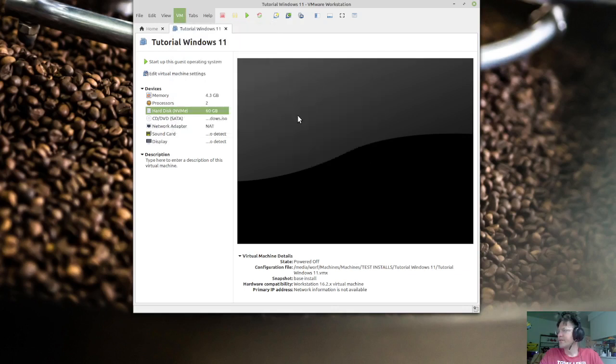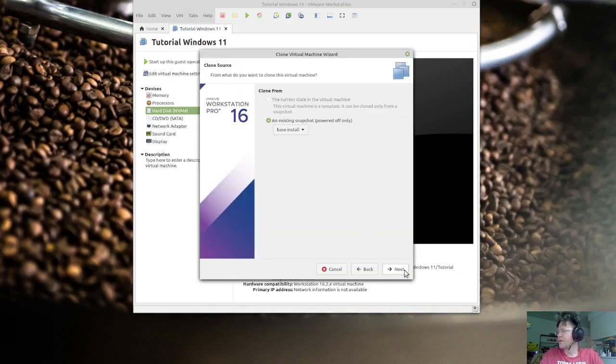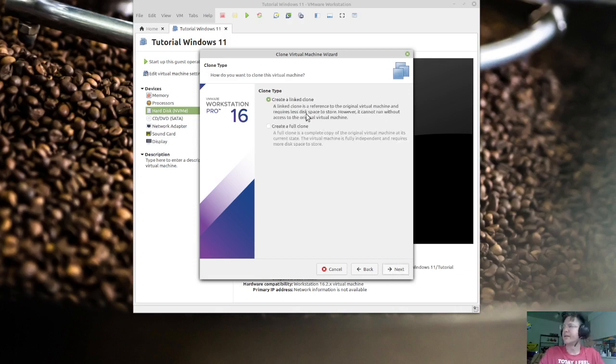Manage clone. There we go. Base install. And you could make it a linked clone, so then the new virtual machine is just going to consist of the deltas, or the changes that are there. It can save some disk space, but